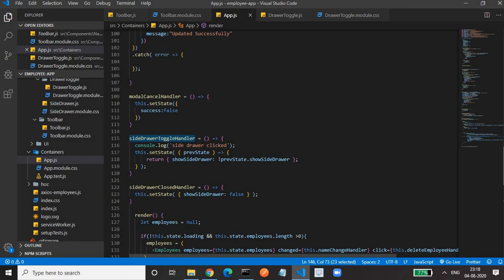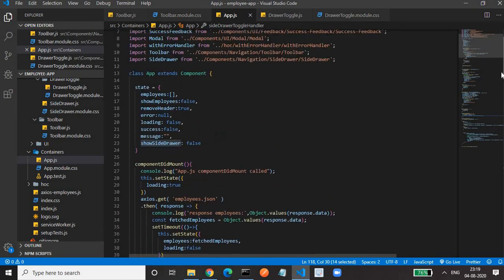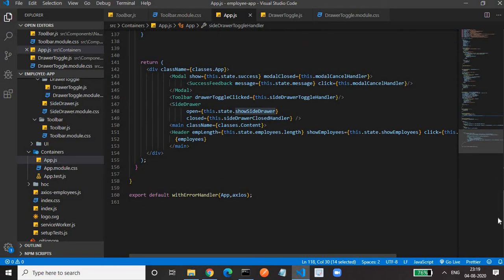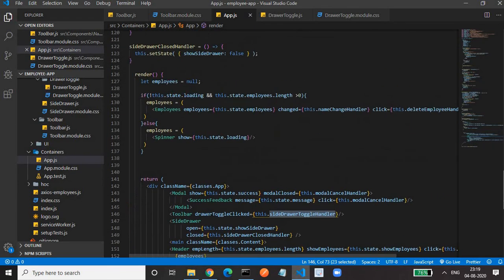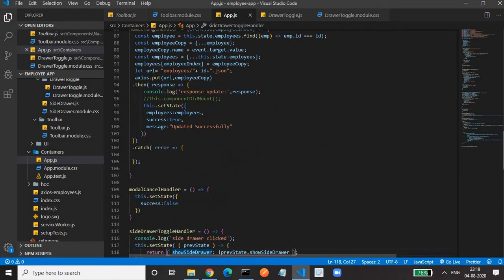Here I am just toggling my show side drawer boolean value. Initially this show side drawer value in state is false, because on page load we don't want this to be displayed unless we are in mobile mode. On click of that hamburger icon, we want to call this function, and this function makes show side drawer go from false to true.